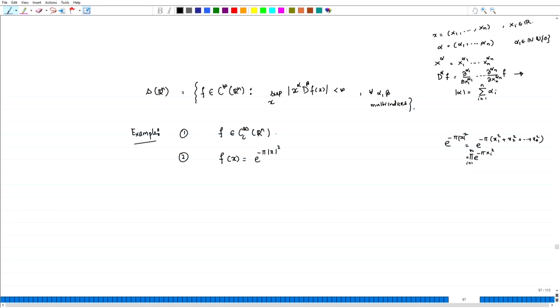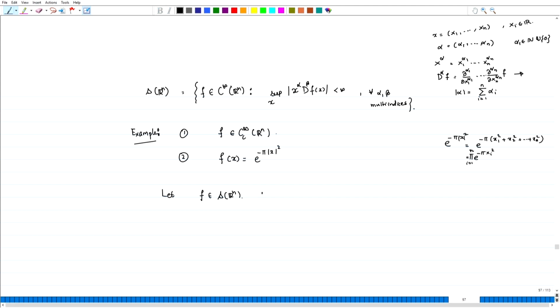Just from our knowledge of dimension 1, we can conclude that f given by this Gaussian is in the Schwarz space. Okay, so now once we have the Schwarz space, let f be in the Schwarz space,